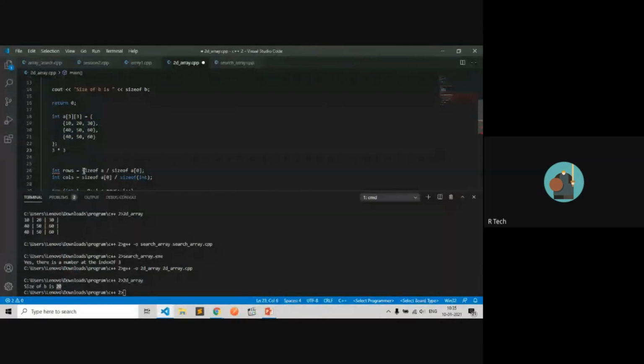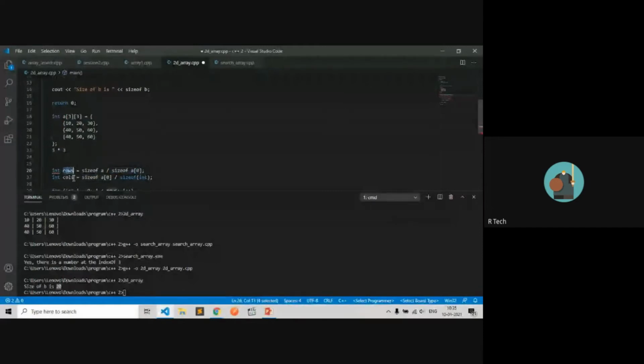The size of A divided by the first row. What is the size of the first row? It is 3 by 3, which means 9. The size of A divided by the first row will return you the number of rows.